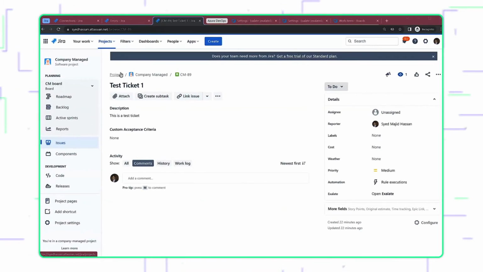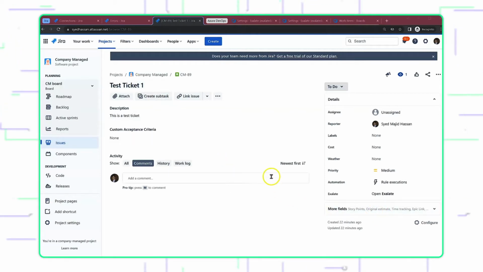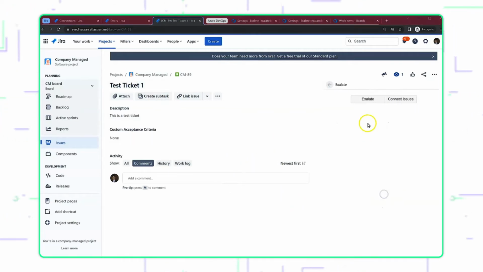In the last episode, we saw how an issue gets processed and the data gets extracted and put into this replica data structure, and then how the replica gets transferred over to the other side of the Exalate connection. Now it's time to have a deeper look at the replica itself and see how we can extract data from it. So for the purpose of this video, I've got a test ticket out here, and I'll just exalate it